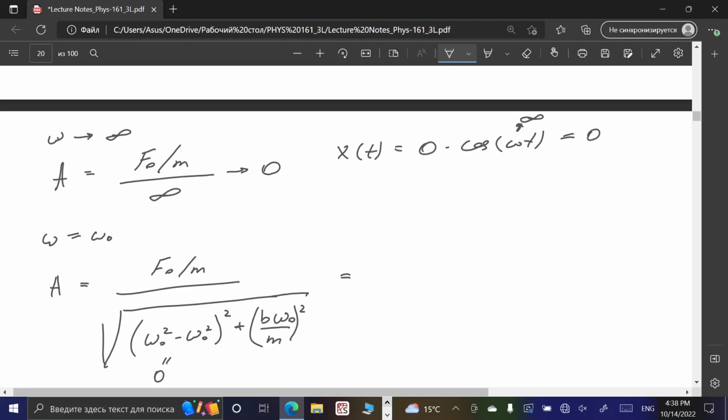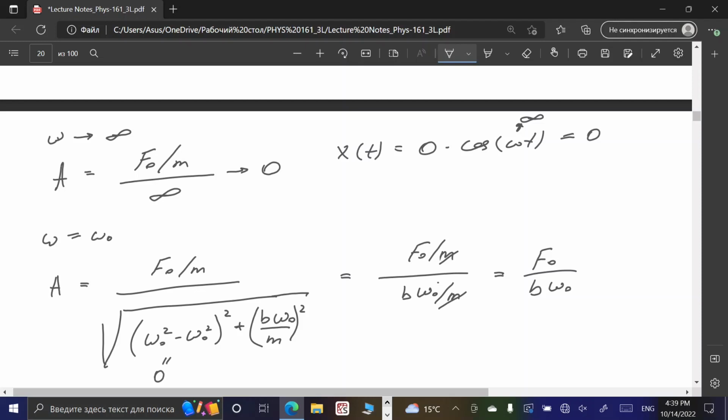So in this case we have f naught over m divided by b omega naught divided by m. So m can be cancelled out, and f naught over b times omega naught is actually the